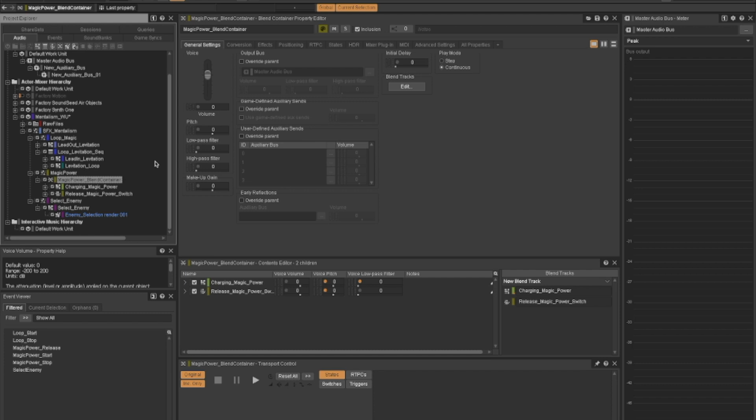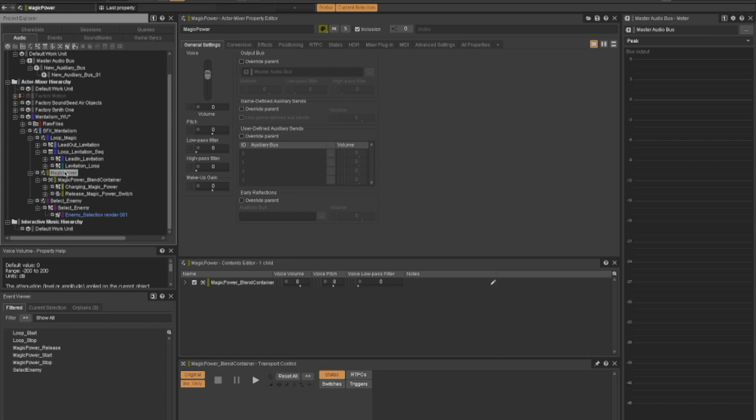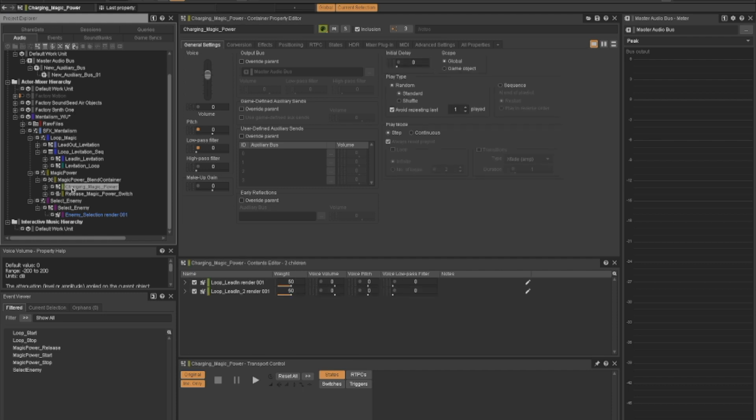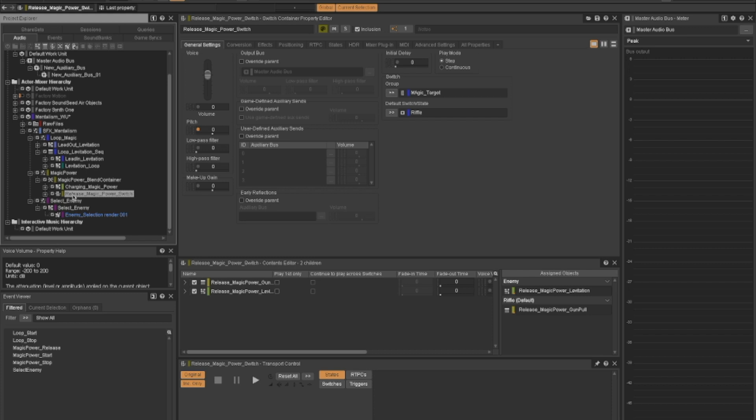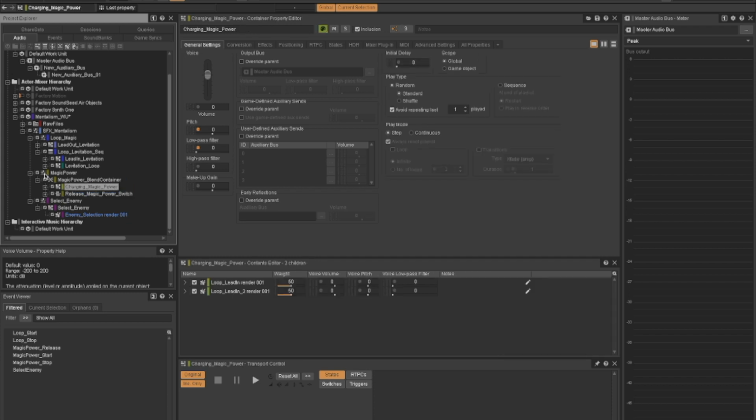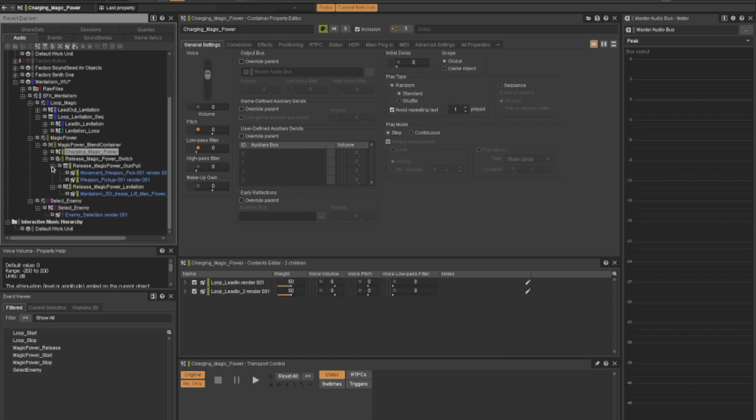So to start the breakdown of this Wwise session, first I implemented the magic power, and to do that I broke it in two containers. The first half is the charging and the second half is the release. For the charging, I just imported a couple of variations inside of this random container, and the release,